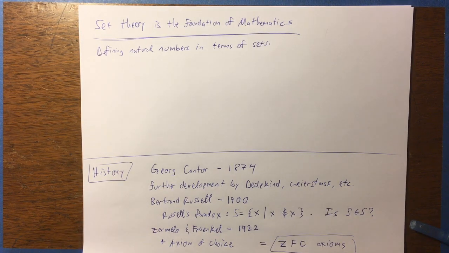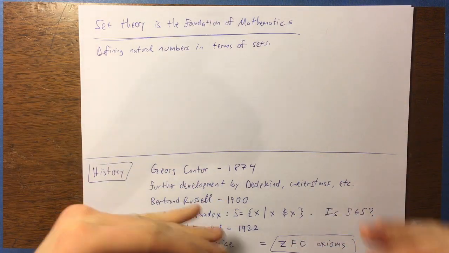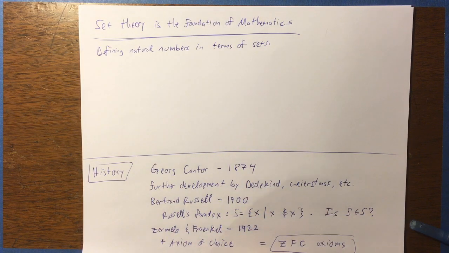All right, so I want to make a short video about how set theory is, in fact, the foundation of all of mathematics. I kind of mentioned this when I was talking about proof and the importance of the idea of proof, and how mathematics is made up of these things called theorems that are all stacked on top of each other with this nice logical structure that supports everything. And it's all based on some axioms. And the axioms of mathematics come from set theory.